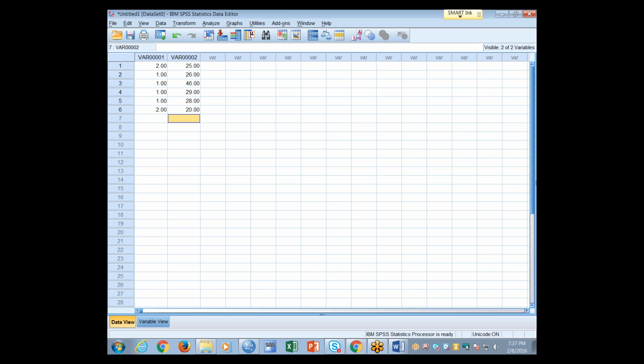Let's stop there. I've input this data, right? In the first column, I put something that represented gender. In the second column, I put a numerical variable. Now, if I look in here, notice what it did up here, where it had a little faint VAR for variable before. It actually put in dark letters VAR00001 and VAR00002. I didn't give it